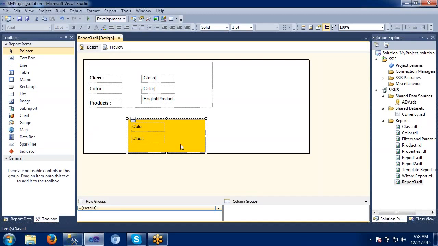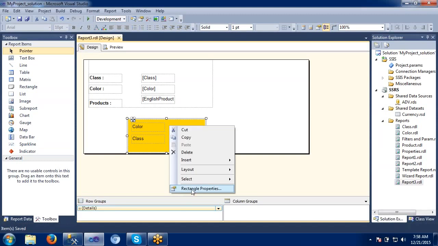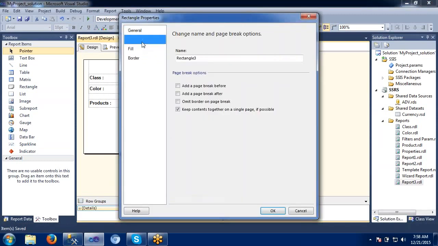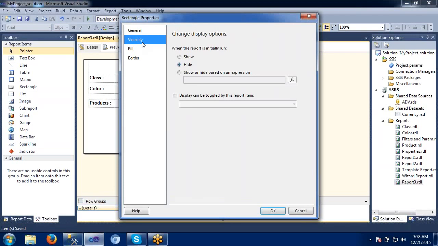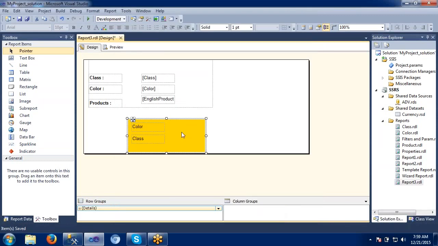So if you have conditions where you only want to display the listed data, but I don't want to display the rectangle, there will be some situations where I don't need this rectangle based on some condition, and I want to hide it completely. Generally, if you want to specifically hide some columns, SSRS doesn't have that type of option. But when we use this rectangle and set the rectangle property as hidden, the entire container goes hidden. In such scenarios we will be using this.